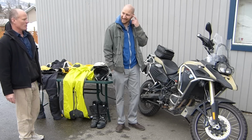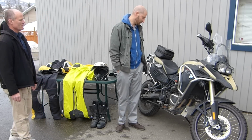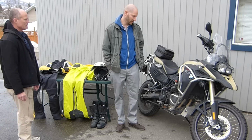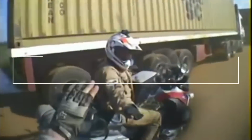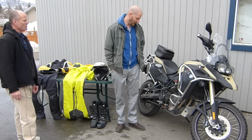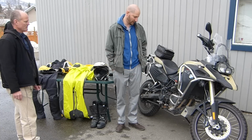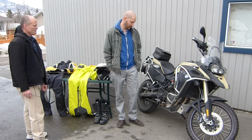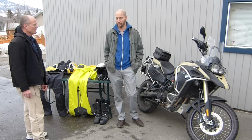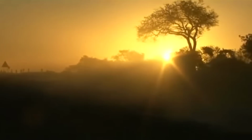Yeah, this model of motorcycle, actually. Yes, it has. The bike is pretty much built for on and off road capabilities. It's been taken around the world, up north and south, by many people. So it's a bike designed to handle pretty much any road condition you can throw at it. It's quite a nice machine, and if you're an adventurous person and you want to go where the road doesn't take, or where the road ends, and you want to go beyond,